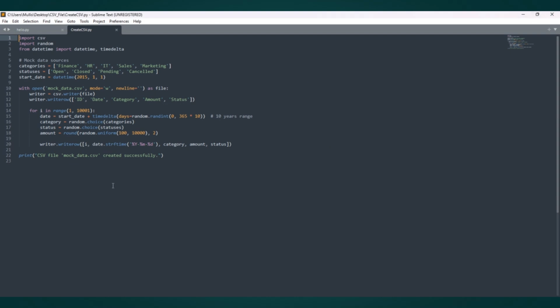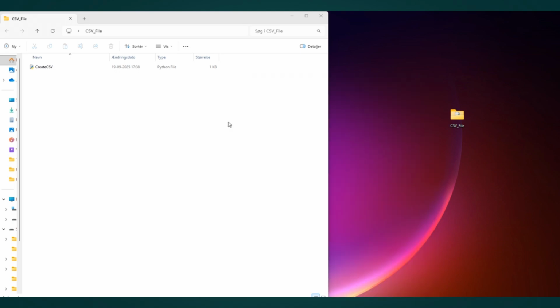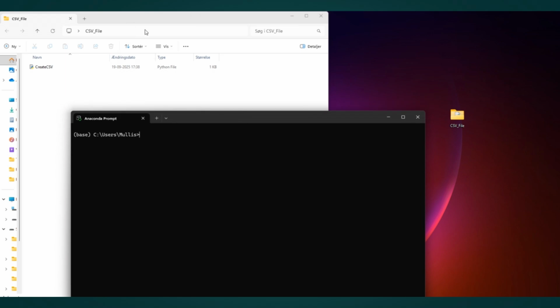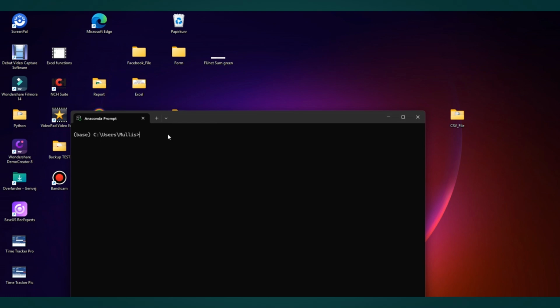So you can either do this with this Python script, if you're new to Python, then you run your first Python script, or you can simply use the CSV file you can also download from my folder, link in the description. If we open up Anaconda prompt, then we need to direct it to this folder. And we're going to do that by writing cd and then the folder. I've created a folder here on my desktop. So that's how we're going to go to that folder, and then we're going to write python create CSV